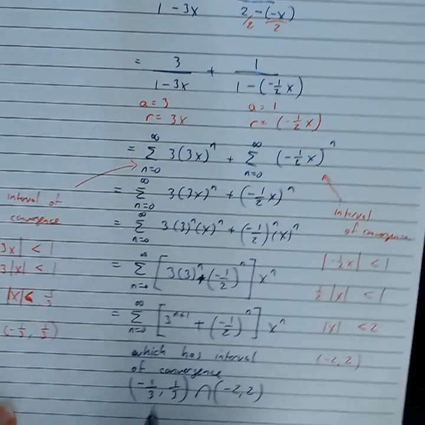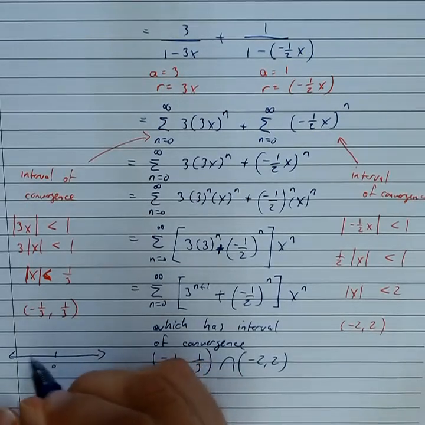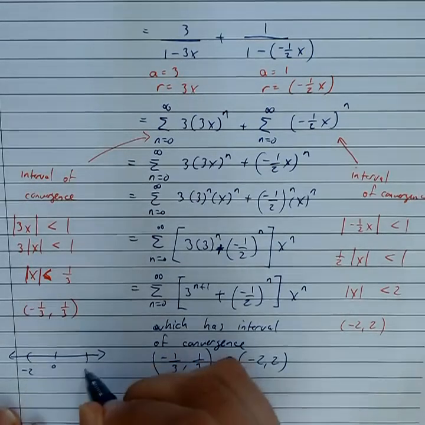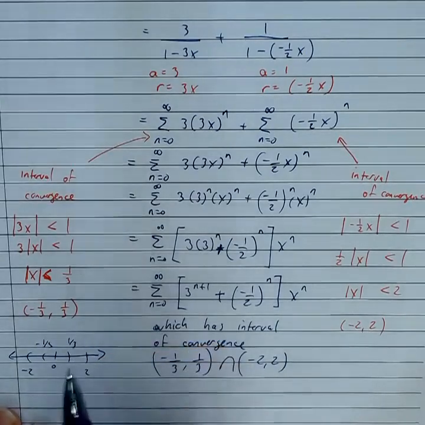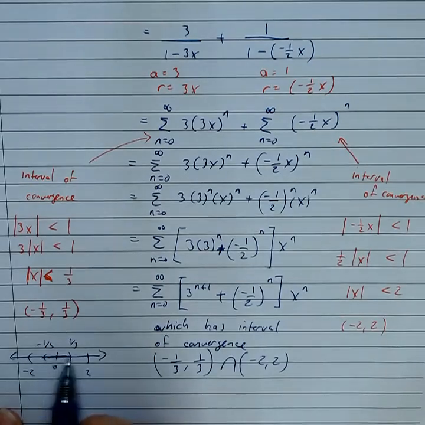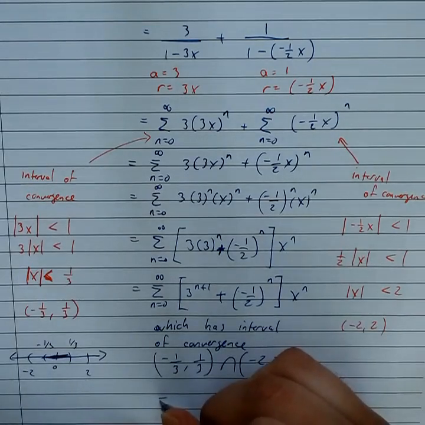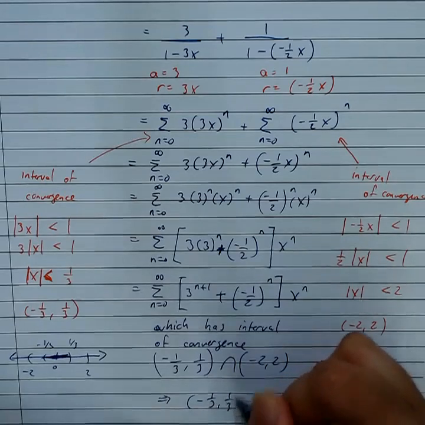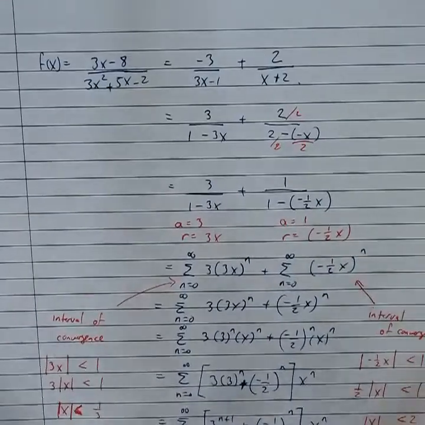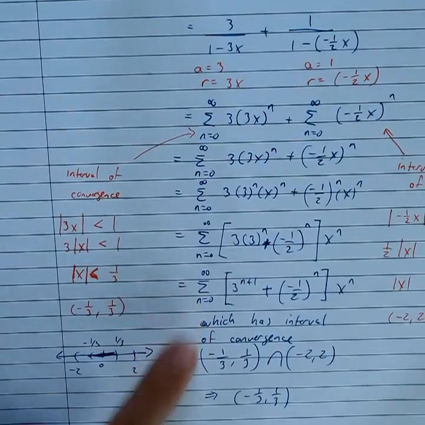Right? Here, if you just draw a picture of that, you have your number line. Here's 0. -2 to 2 is over here. -1/3 to 1/3 is here. And the overlap is just, well, from -1/3 to 1/3. One is inside the other. So the overlap is the smallest of the two. So that's going to give us -1/3 to 1/3. So here, this function is exactly the same as this power series, but only if you're in